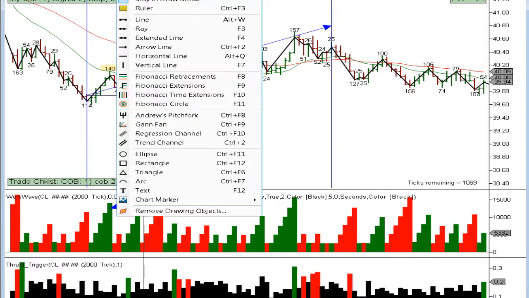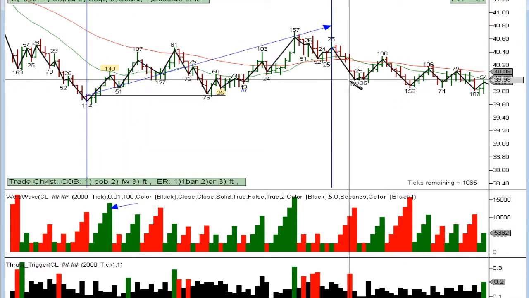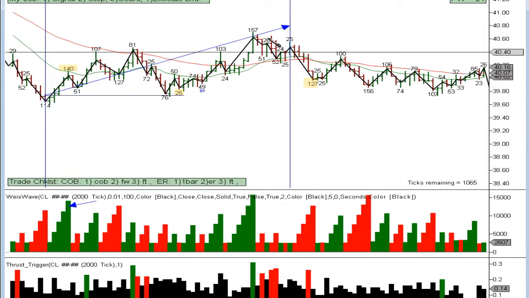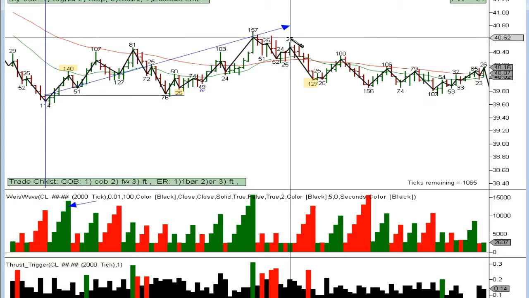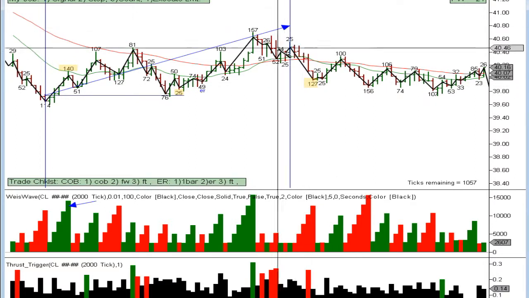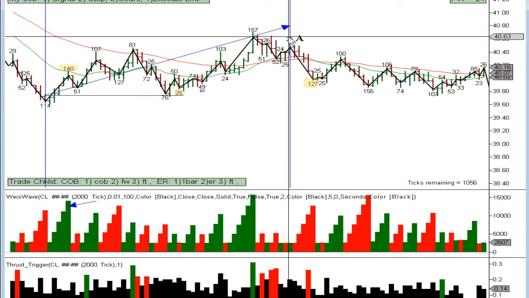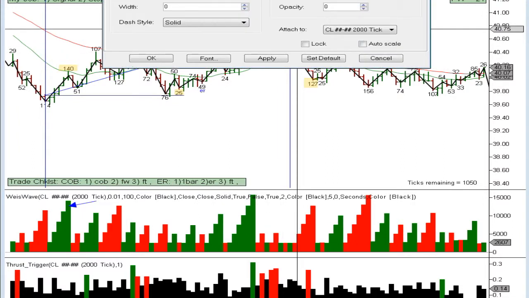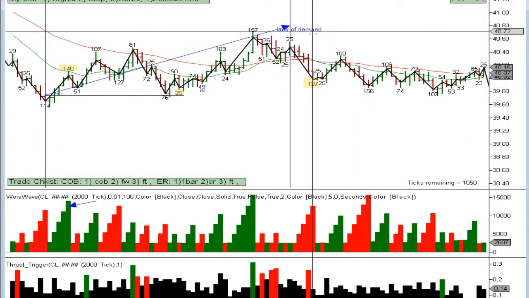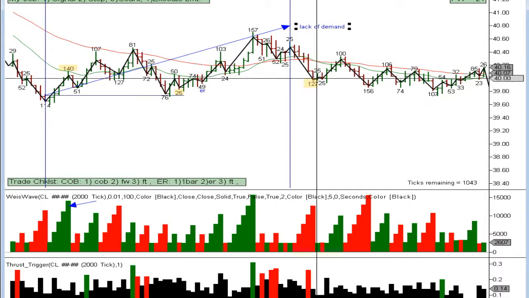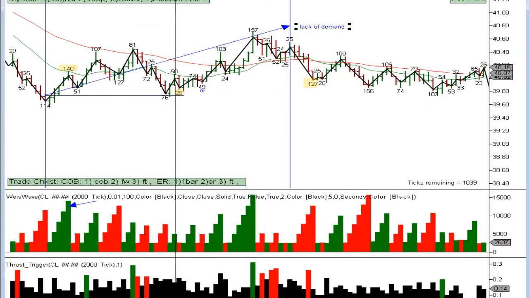After that, we had a bearish change of behavior, also known as a sign of weakness. All right, and you'll notice that the sign of weakness is coming from 26, 24, 25. In other words, a lack of demand is what's creating the sign of weakness. This area with 26, 24, 25, this is evidence of a lack of demand. All right, lack of demand in this region, leading to selling,